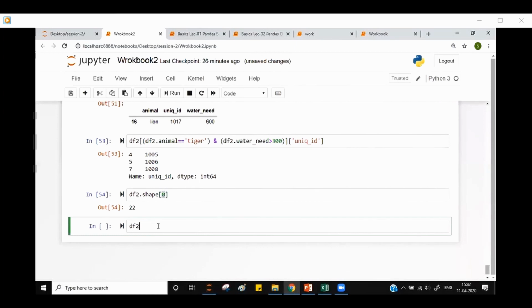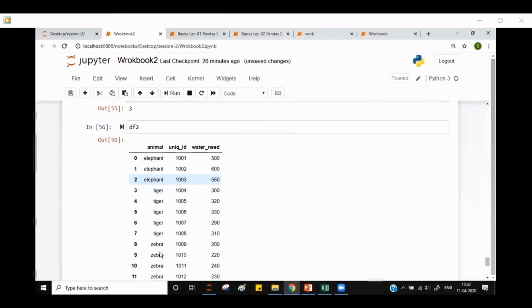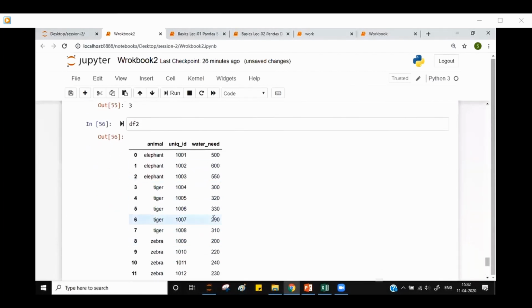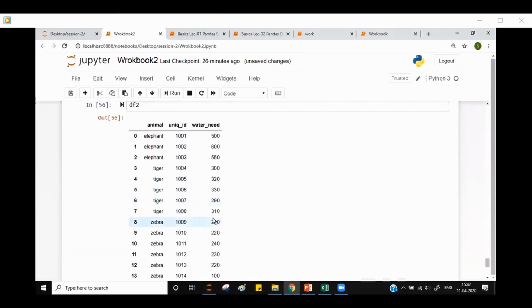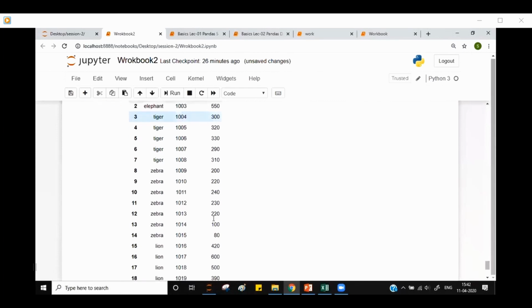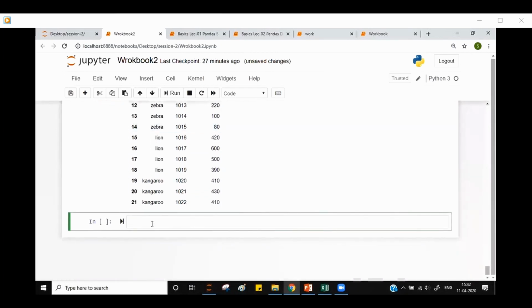Similarly, if I want the number of columns which are present in the data set, I will use df.shape 1. So there are 3 columns in my data set. As you can see from here, animal, unique, water need, 3 columns and 22 rows, since the indexing starts from 0.